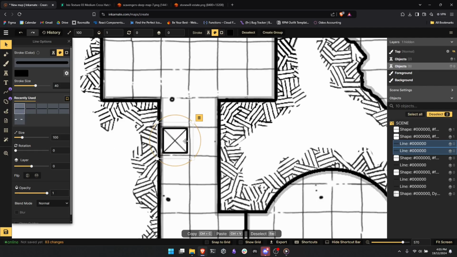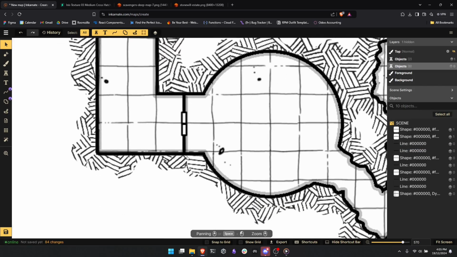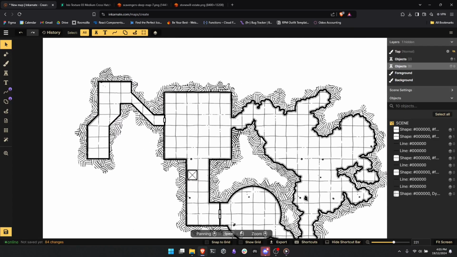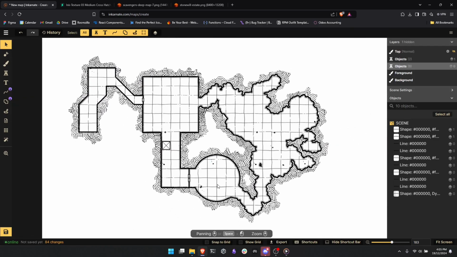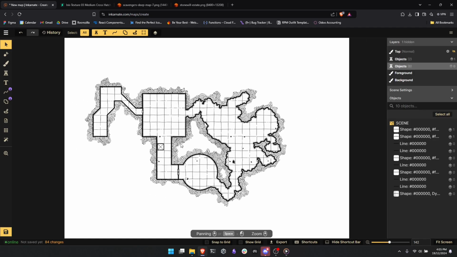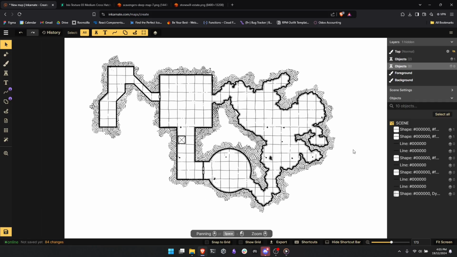My general sizes for the lines is 40 is your fine internal details, 100 is non-wall boundaries, so like this pit or the doors, and then your boundaries are 180 or higher for that, and that tends to give a good balance to the line weights. So once you've got this is good enough. You could certainly use this map,